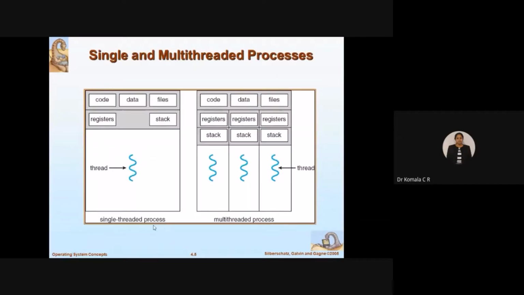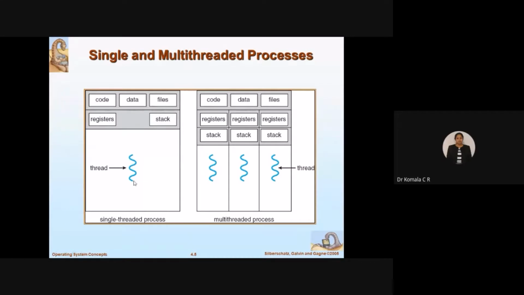So when I have a single thread process, I need only one program counter, one set of registers, one stack, all that. You can see here, I have a code to be executed. This is a program I have written. I have the data on which I am going to execute the instructions. If you want to add two numbers, I have number 1 and number 2 as data here. I'll be storing the program in a file. Now I have some files here. And I want some temporary storage. I have some registers. I want a stack. So I have a stack here.